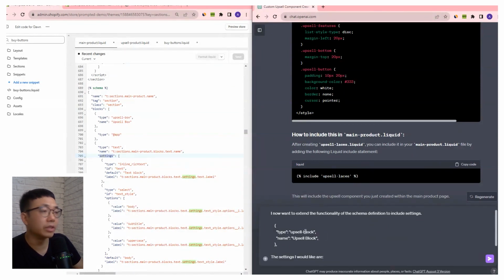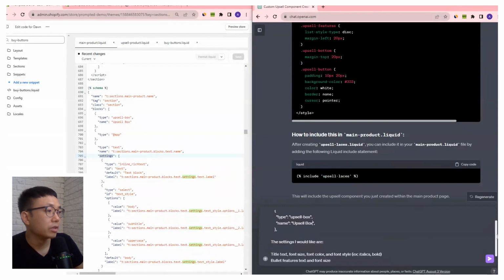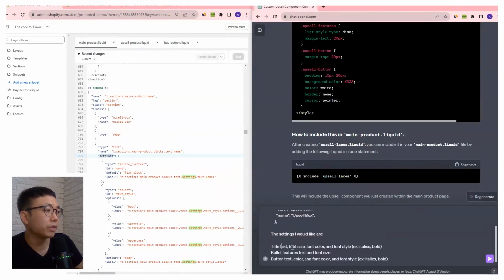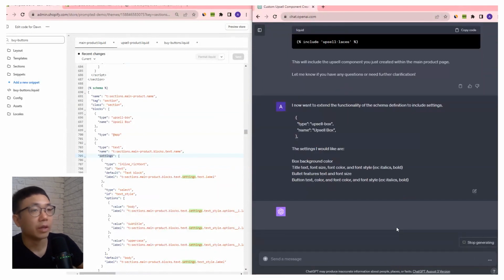So this is the upsell. We call this an upsell box in our case, and we want to add the following settings: the title text, font size, font color, and font style; bullet features text and font style; button text, color, and font style; and let's also add box background color. That's quite a few settings that we're going to be adding, and ChatGPT is going